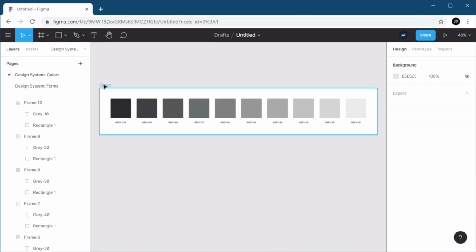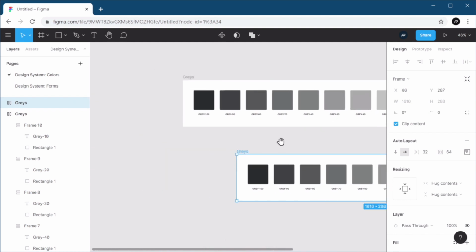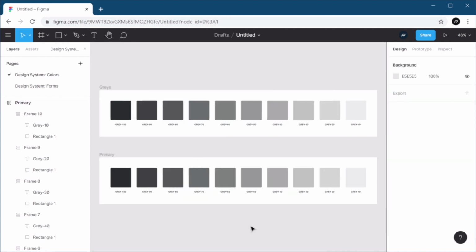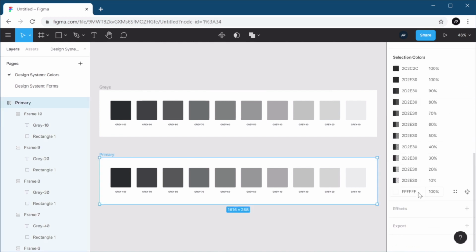Now, I'm going to duplicate this, and I'm going to put it below. And I'm going to create the section for the primary color. So now what I do, and this is where Figma shows its awesomeness, I select the frame, and if I scroll down, I can see all the colors that are being used. And I need to change this one 2D2E30 to E30. So what I do is I click, I paste in the new color,